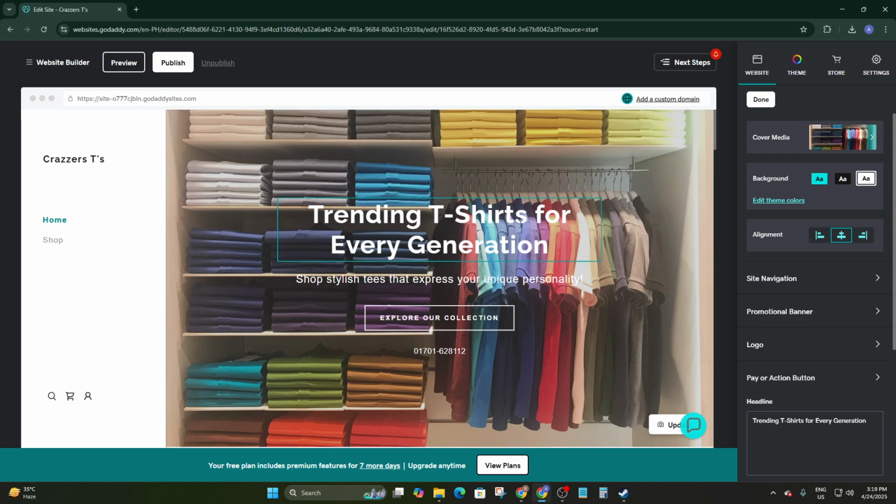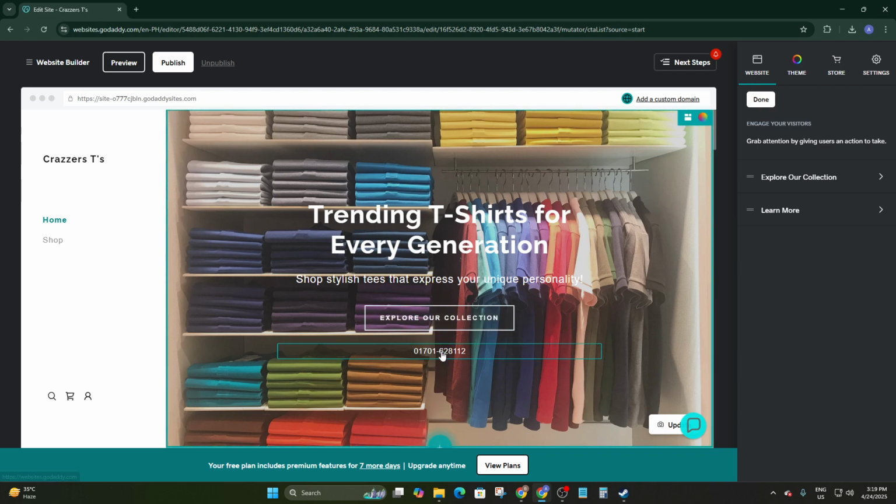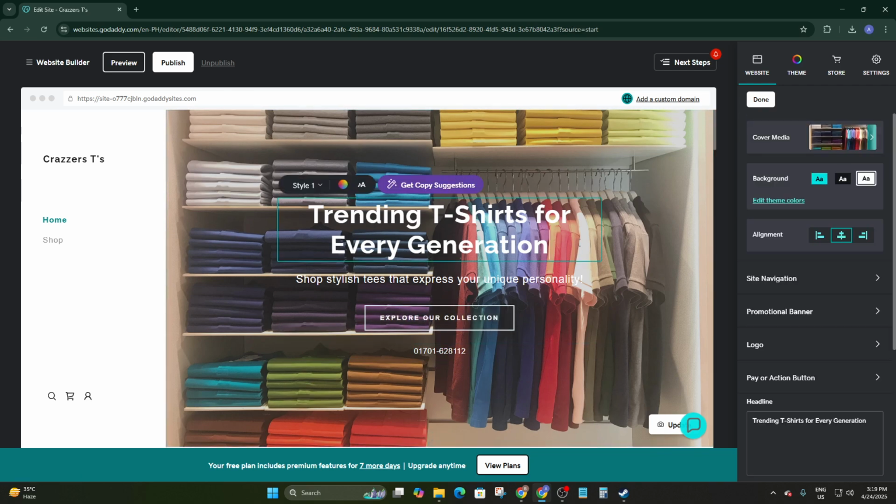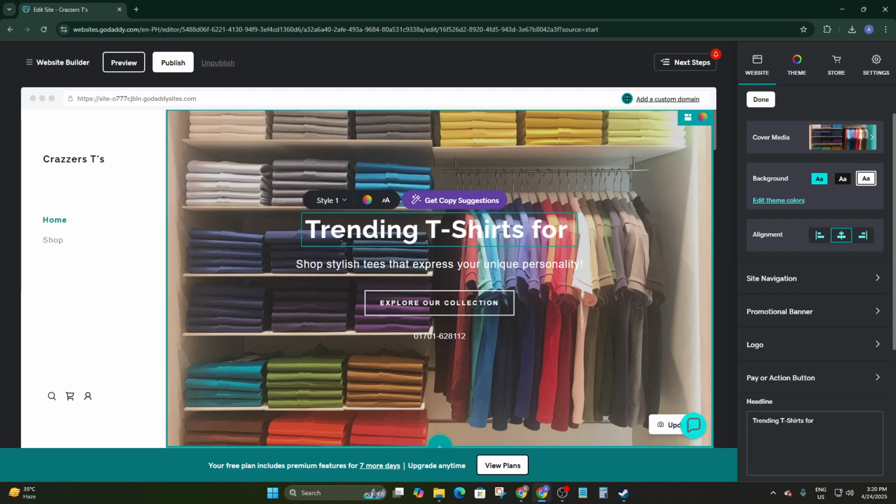edit this text section. You can edit each and every text from here. So just like this you can edit that text here. So I'm going to edit the text from here, like training t-shirt for every generation. Yes, and you can just delete that, and you can just edit that like every